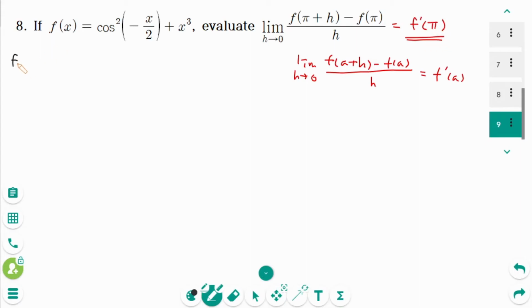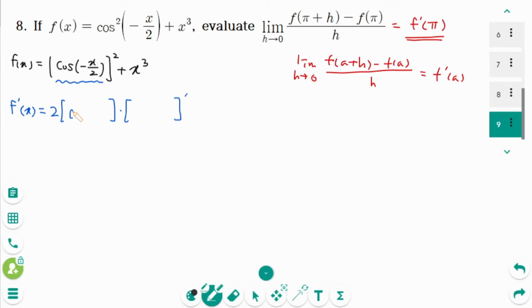F of x equals, we can rewrite as cosine of minus x over 2, squared, plus x cubed. F prime of x equals, think of it as u equals cosine of minus x over 2, then 2u times u prime. The inner function is cosine of minus x over 2,